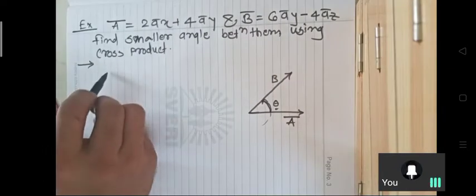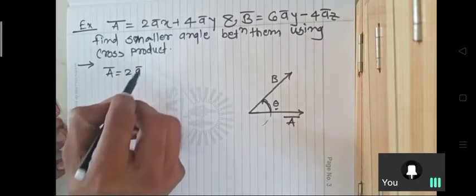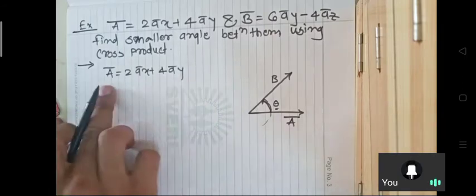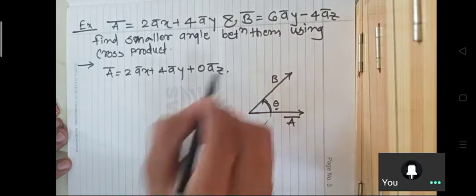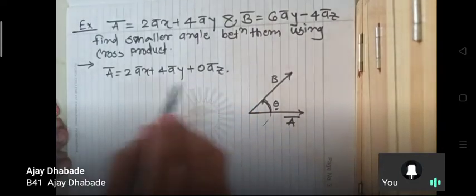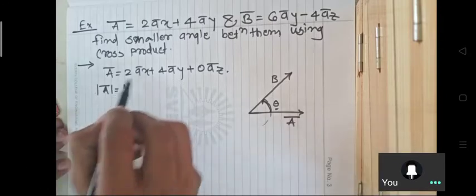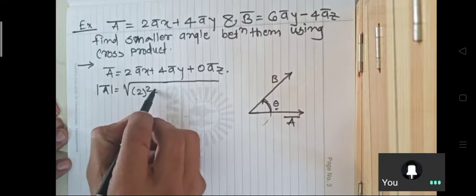You have vector A bar. Vector A bar is equal to 2 A bar x plus 4 A bar y, right? So you have this vector plus you can write 0 A bar z. If you want to find the mod of this, you simply take the coefficients in a root. So this is 2 square plus 4 square